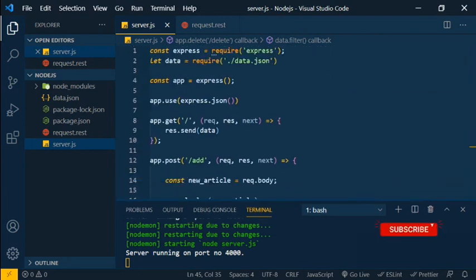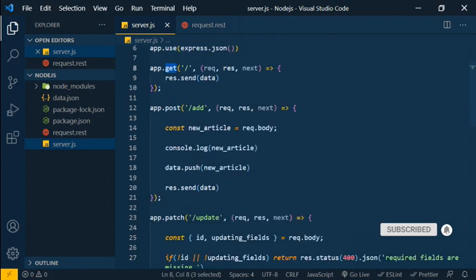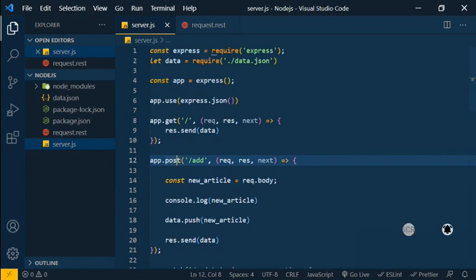So once again I recap everything. If you want to make a request, you can use the get function. You can use the post, patch and delete functions. Before, when we used the post request, you could access all the information inside request.body, but here if you want to use this, you need to mention this line.